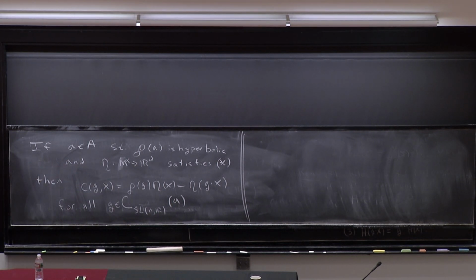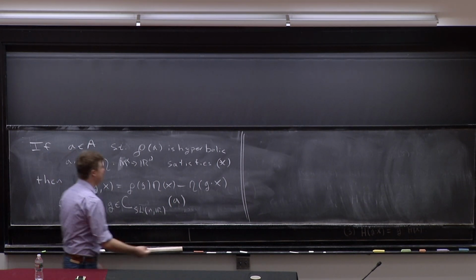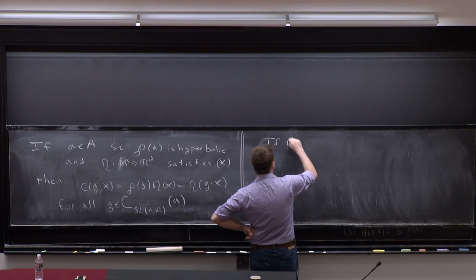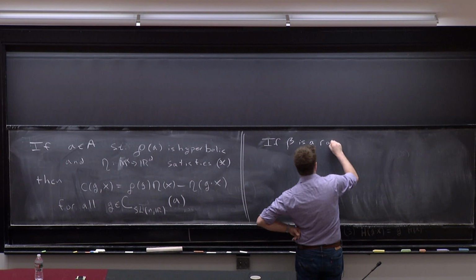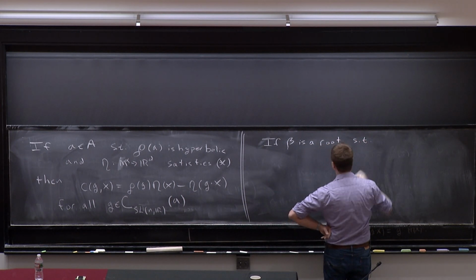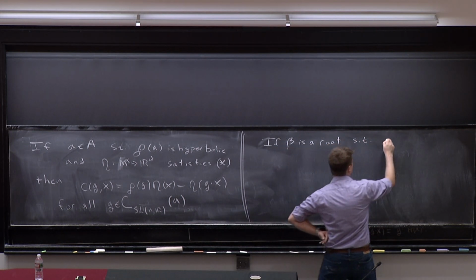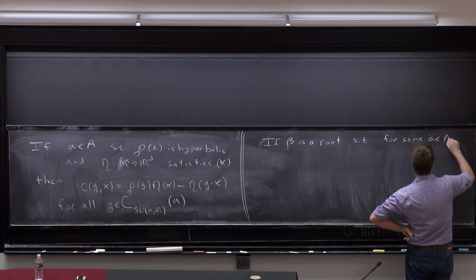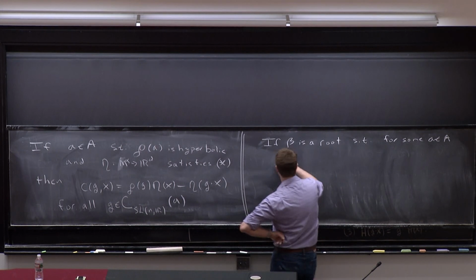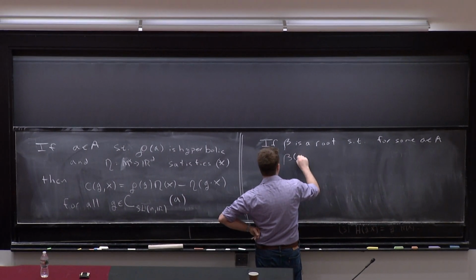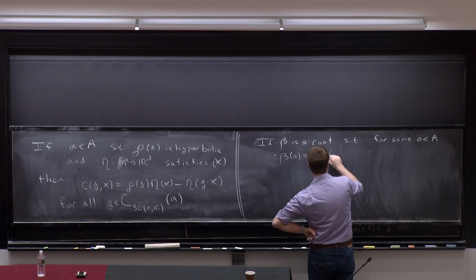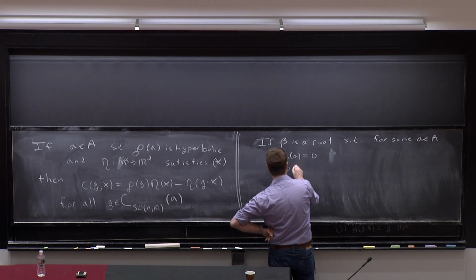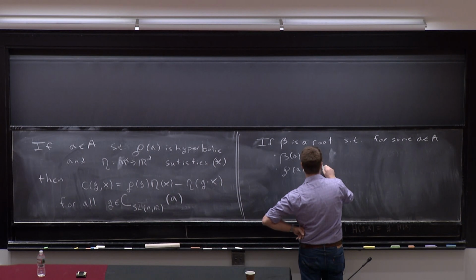The idea is that if beta is a root such that for some A in A, beta of A is 0, and rho of A is hyperbolic,